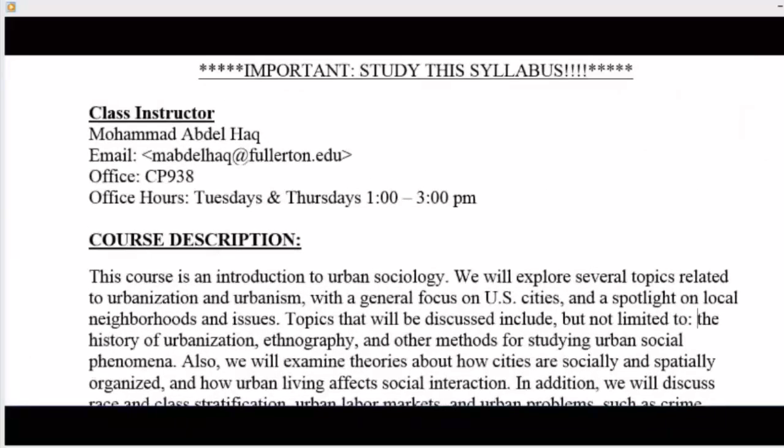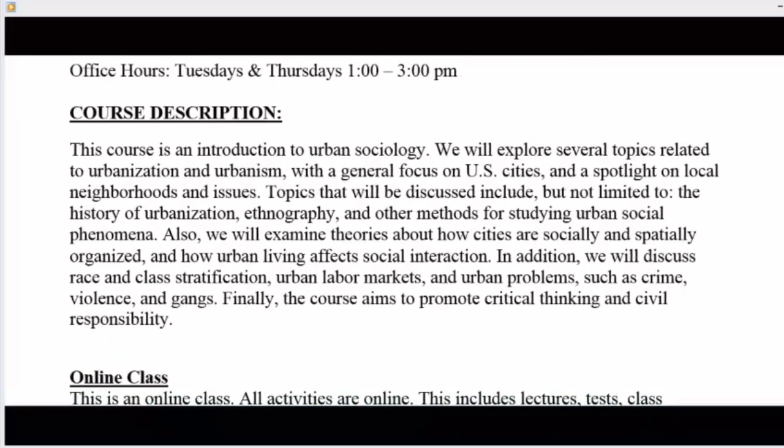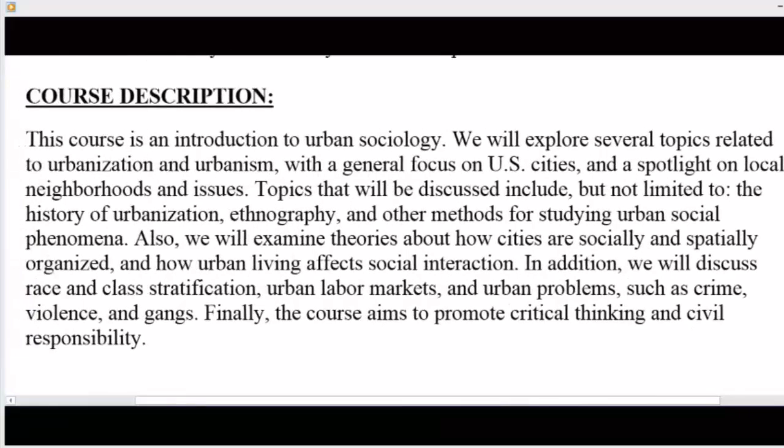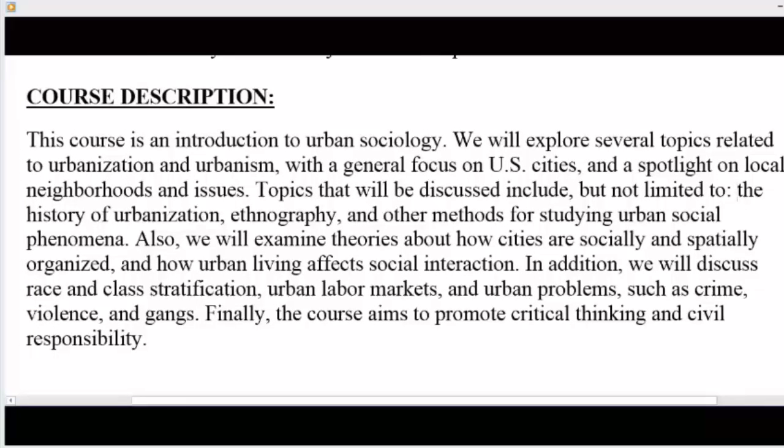As for the course description, this course is an introduction to urban sociology. We will explore several topics related to urbanization and urbanism, with a general focus on U.S. cities and a spotlight on local neighborhoods and issues. Topics that will be discussed include, but not limited to, the history of urbanization, ethnography, and other methods for studying